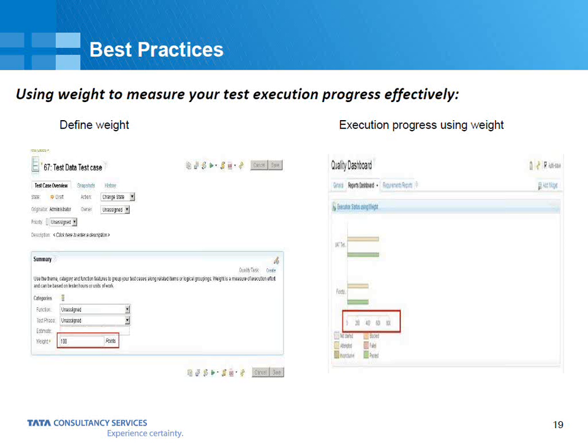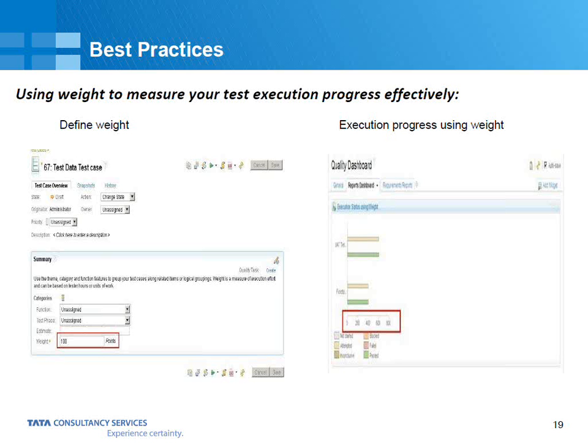we define the test suite, and for each test suite we have test cases, and for each test case we have test scripts. Okay, so you can define that weight at suite level also. So if we have, say, 2 test cases which are part of one test suite, and when you run that test suite, either we can run both the test cases, or only one test case, and for some reason we are not able to run the test cases, then it will give you the execution progress, that how much that